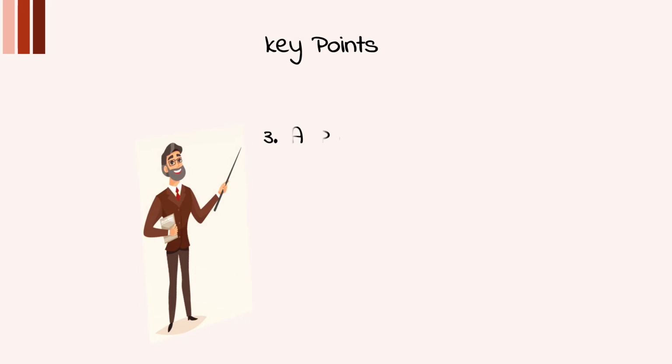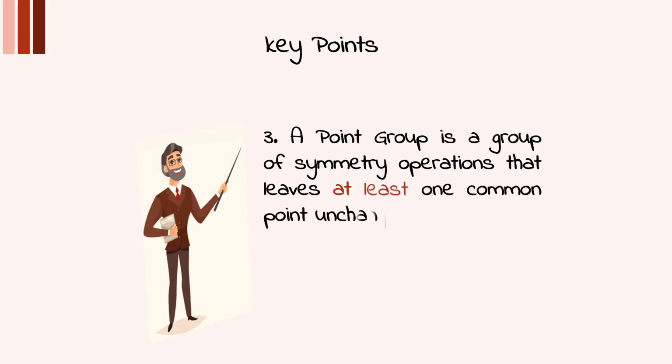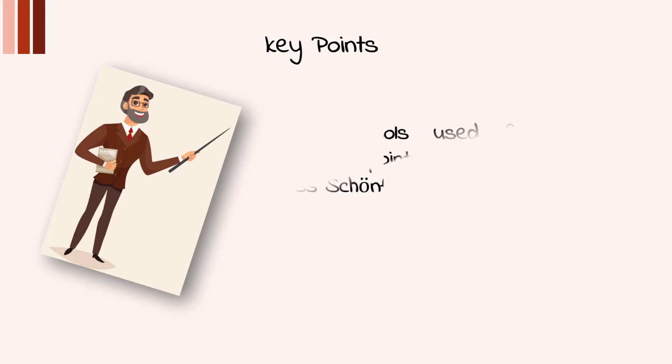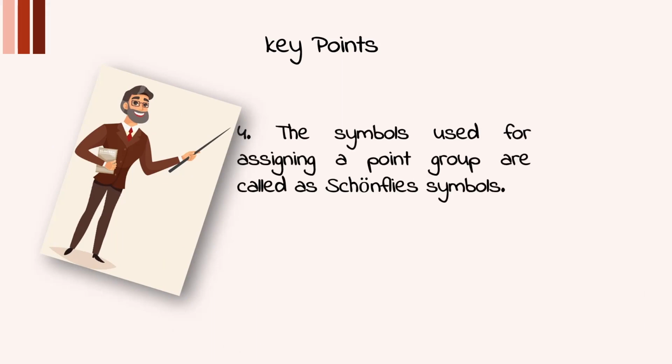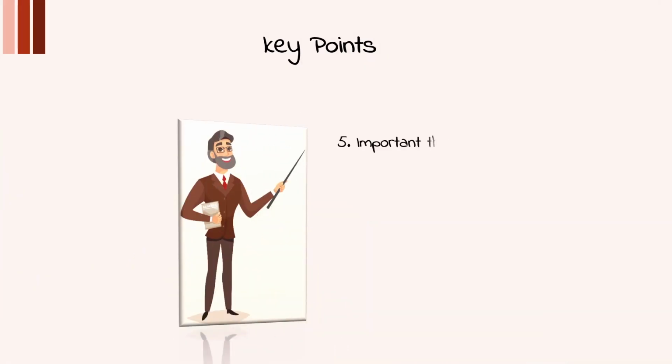Point number three states that a point group is a group of symmetry operations that leaves at least one common point unchanged, which implies that they may be given certain symbols, and the symbols used for assigning a point group are known as Schonflies symbols. As you might have become familiar with these terms in our earlier discussion,